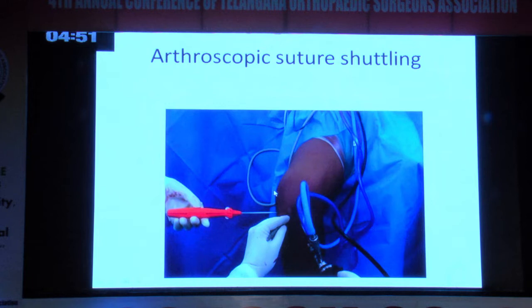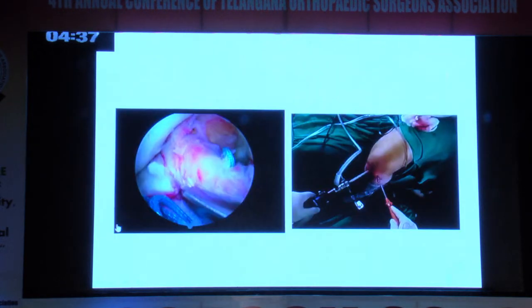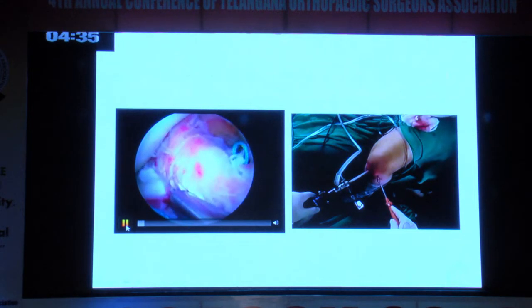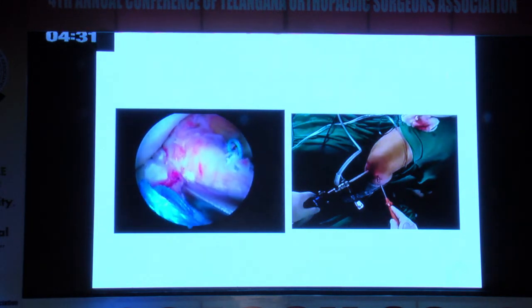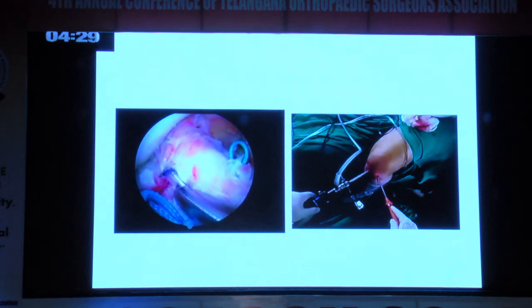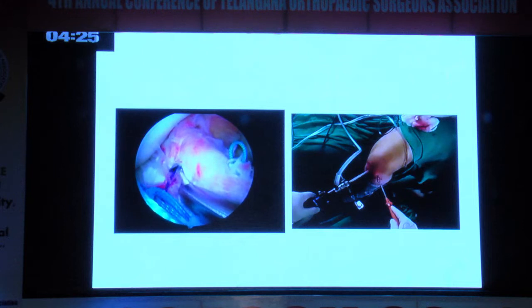And then this is the arthroscopic suture settling. This is an instrument which is called Occupus. With this you can settle the sutures through the osteoligamentous area of the ACL. So that's how I settle my PDS suture or any suture through this one.